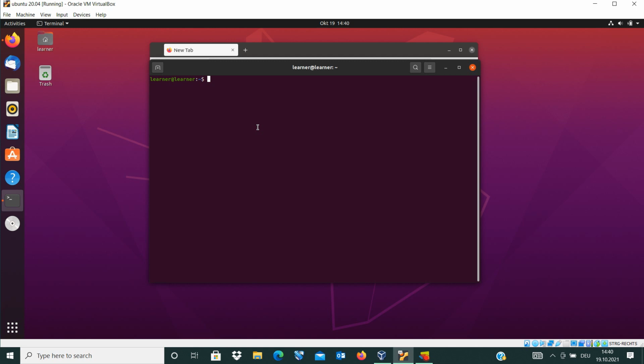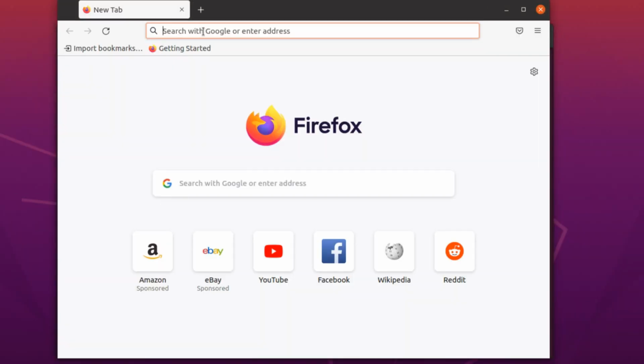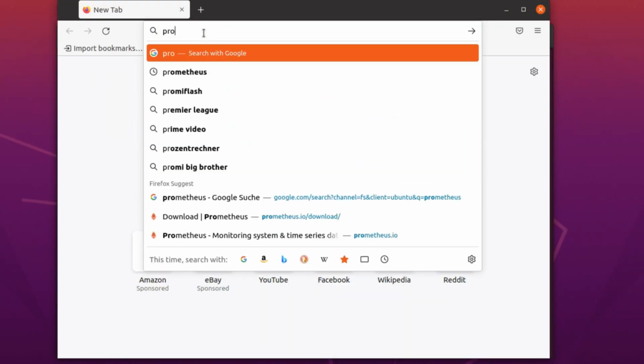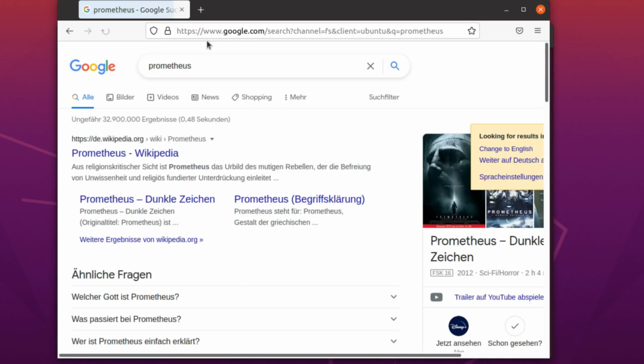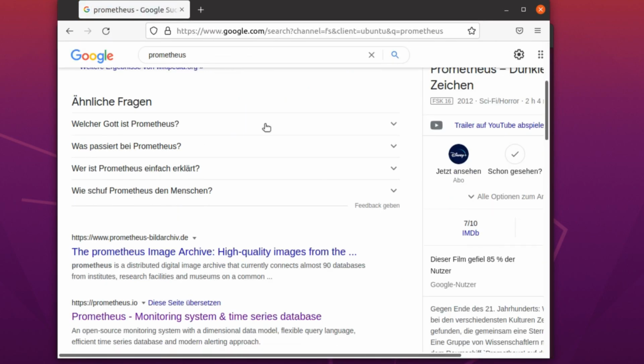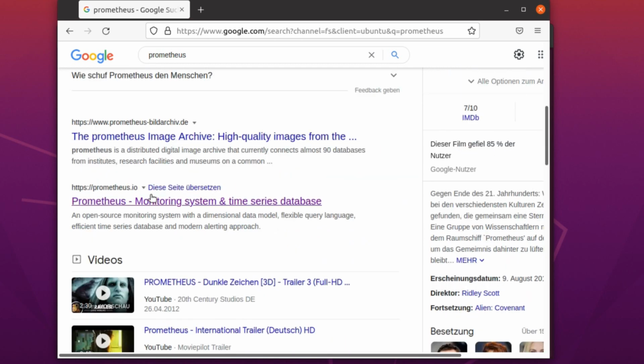So let's go. First, we install Prometheus. For that, in the browser, I just type Prometheus and press enter. And we scroll down until https://prometheus.io. That is the official website of Prometheus. I click on it,